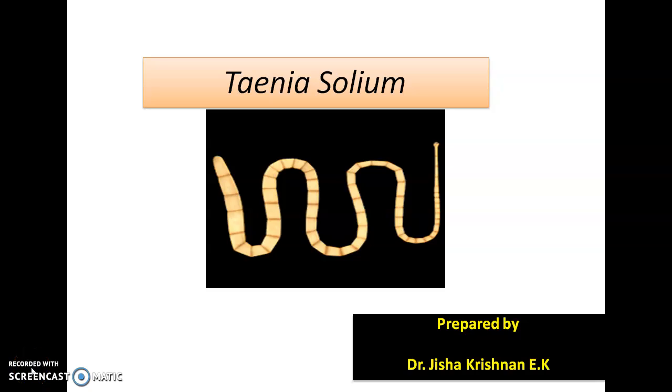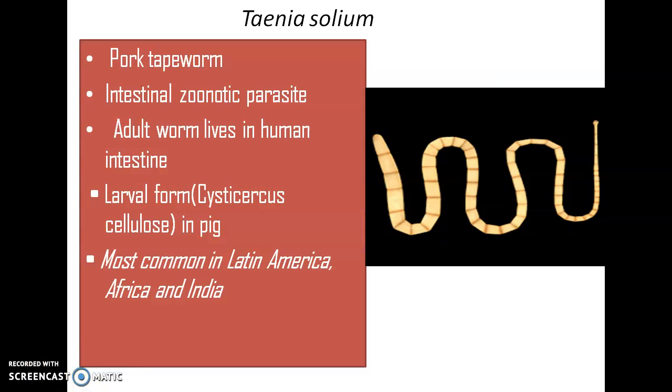Now we are discussing another parasitic organism called Taenia. Taenia is commonly known as the pork tapeworm because, when we consider its life cycle, one of its phases is generally found in pig or pork. So this is popularly called the pork tapeworm. This is an intestinal zoonotic parasite, which means this particular parasite is only found in the intestine of the host